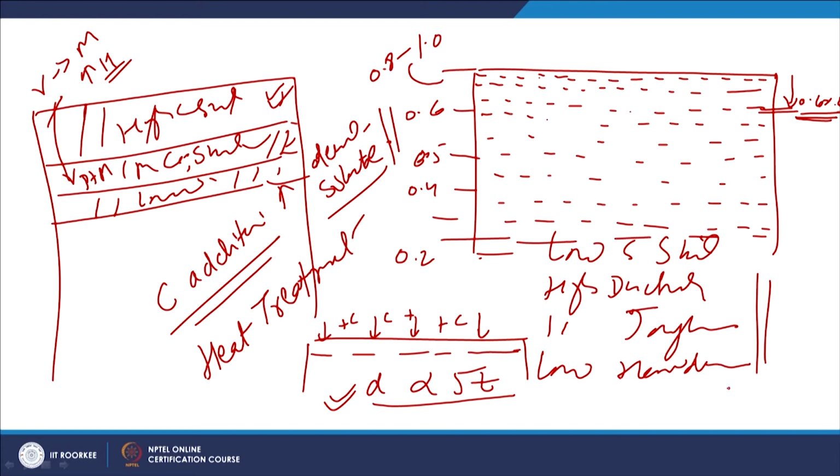This time may vary as per the temperature and the steel composition, but normally it may be like 30 minutes to 60 minutes. That is the normal time it takes to diffuse the carbon into the subsurface layers. So the carburized depth is found to be directly proportional to the square root of the carburizing time.